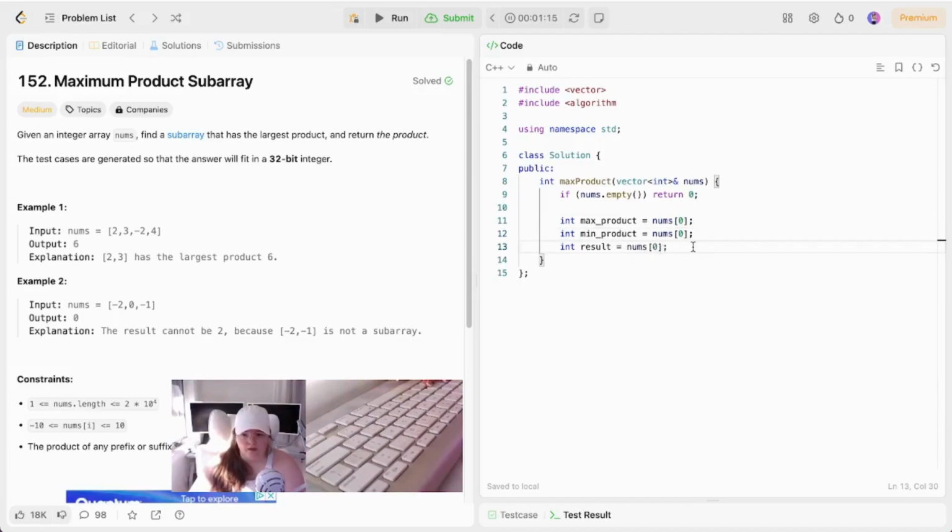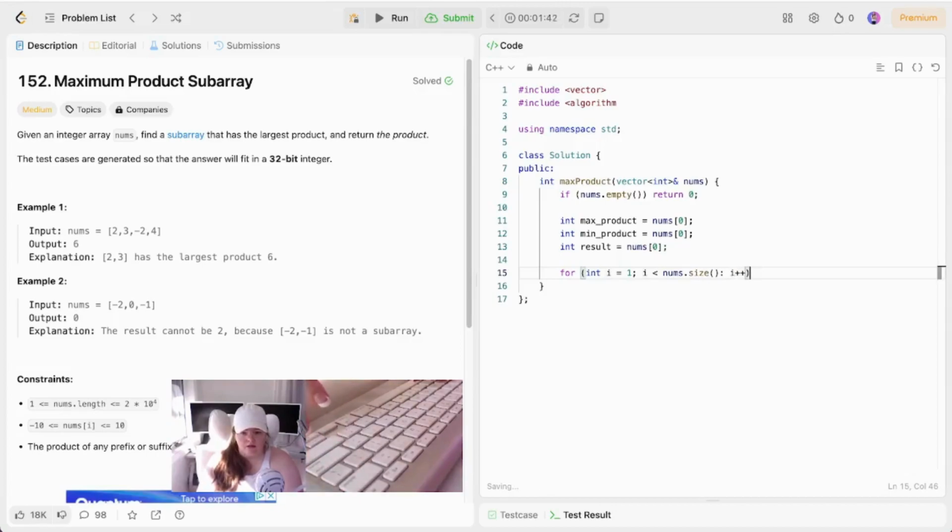Perfect. Okay. So for int i equals 1, not minus 1, I just want to make sure I didn't flip that around again. nums.size(). We then want to also have i plus plus